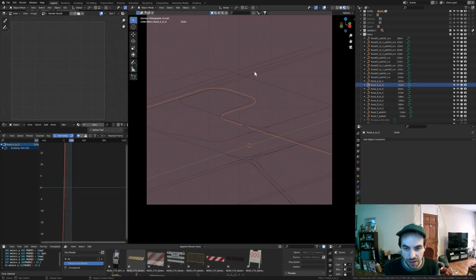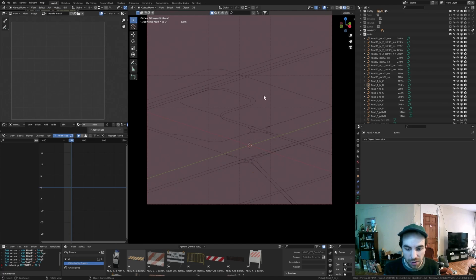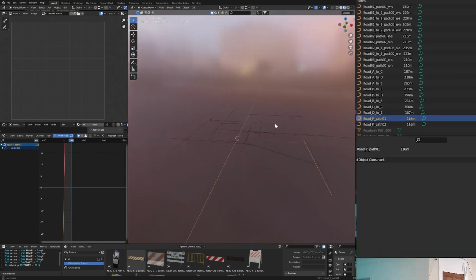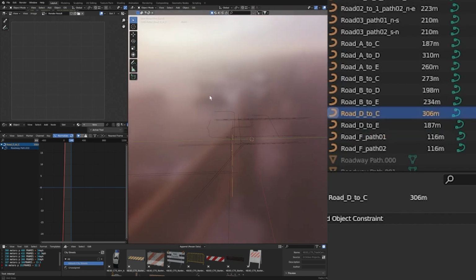I used a Blender add-on called Measure It to get the most accurate lengths of these curves that I could. As you can see, I labeled them here. The reason I did this was because I needed the cars to have regulated speeds. One of these paths is only 116 meters, while one of them, as you can see, is almost 3 times as